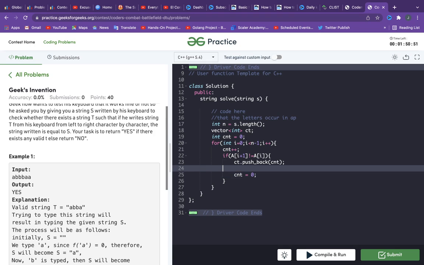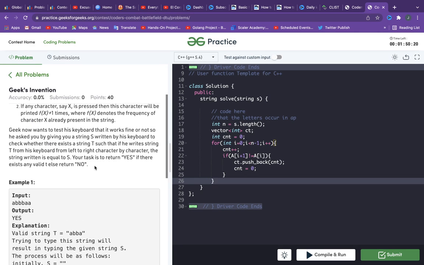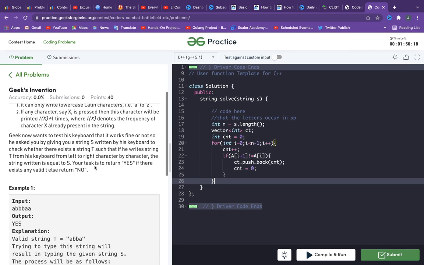So this way, if A comes once, it just pushes 1, and then B comes, so count is getting added 1 2 3, and when this comes, then it just pushes back the value inside the count vector. So what we have to check is that if this is in AP form, the count of every